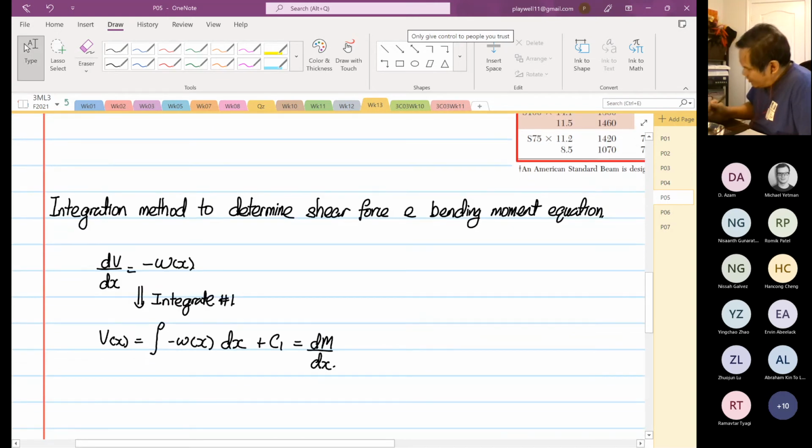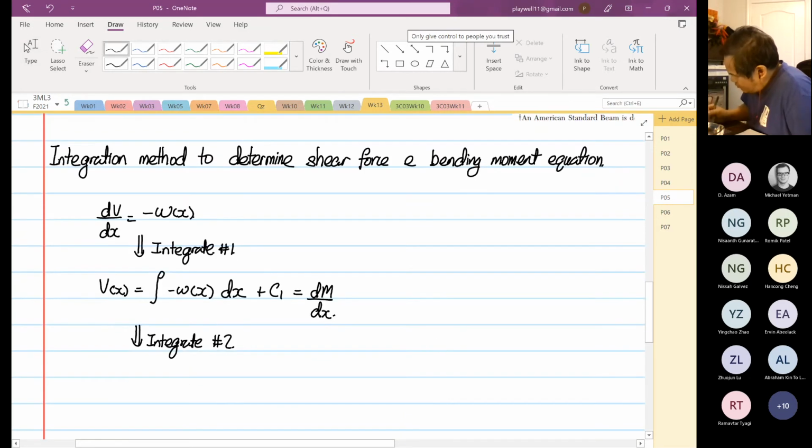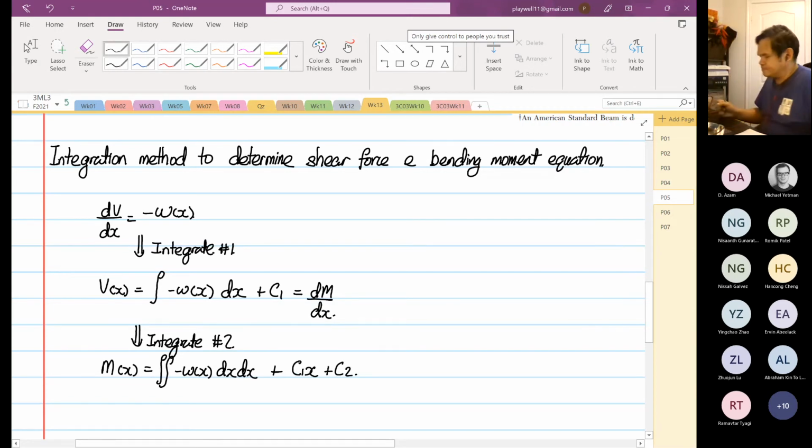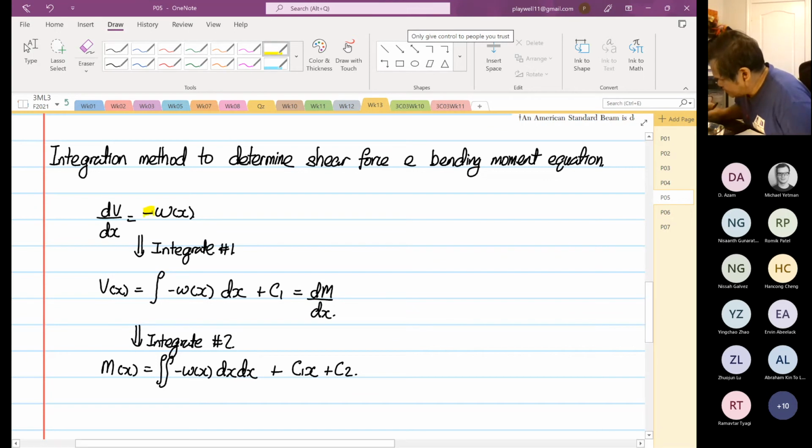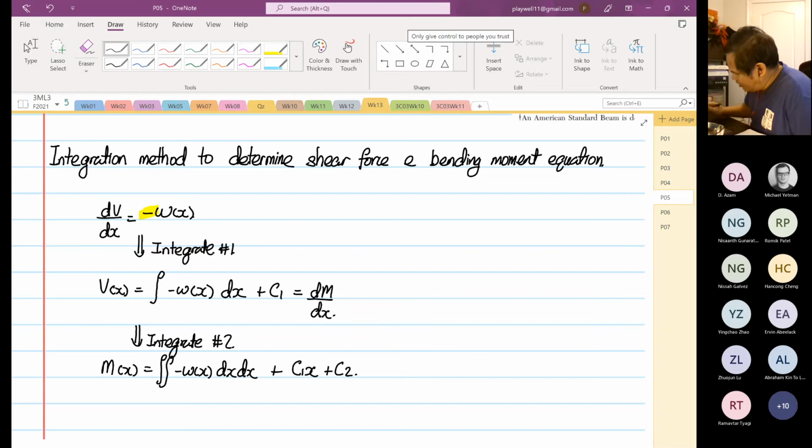And then when you integrate the second time, you have moment. Now you have moment as a function of x. You integrate twice, plus C1x plus C2. So this is known as the integration method. Key thing to take note is that this is minus. And C1 and C2